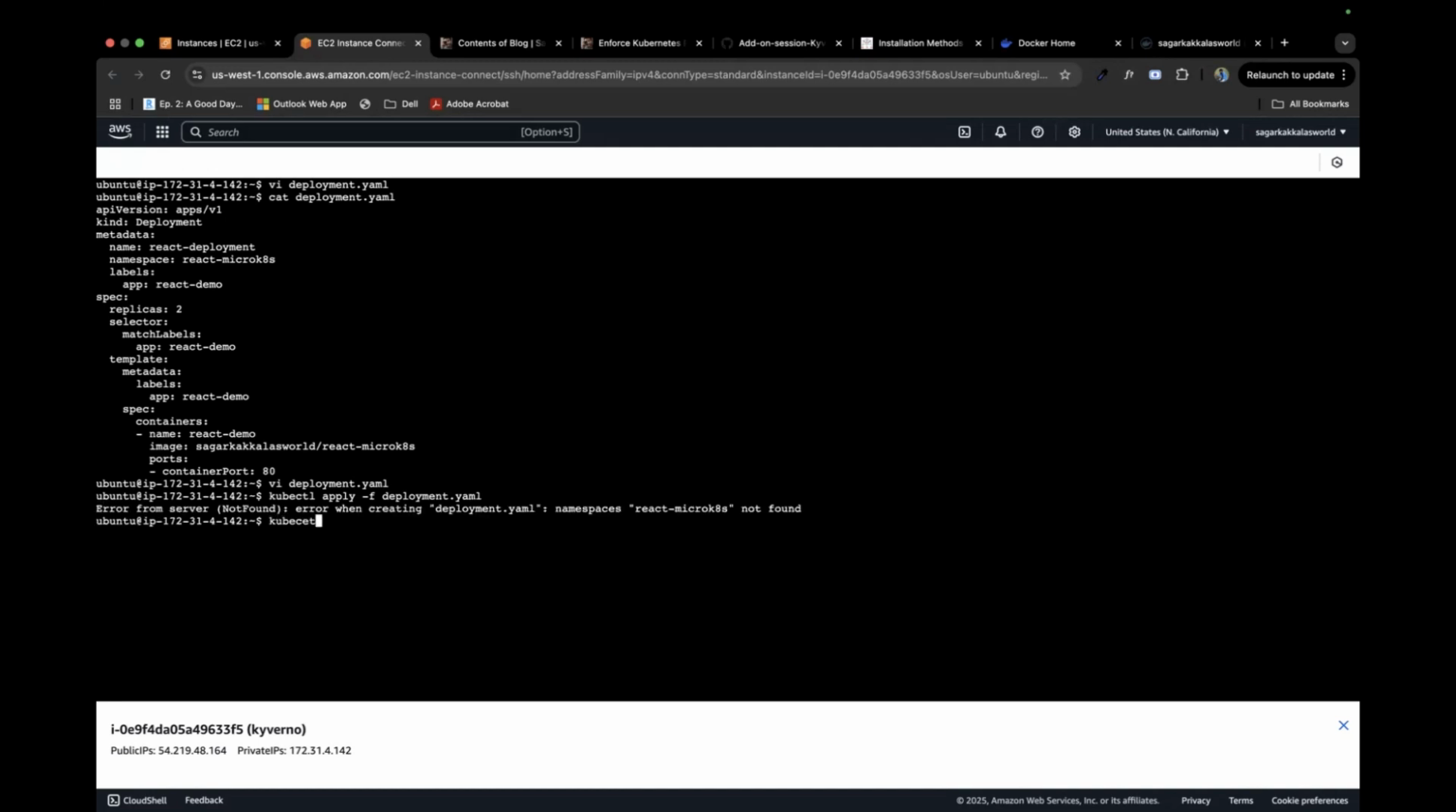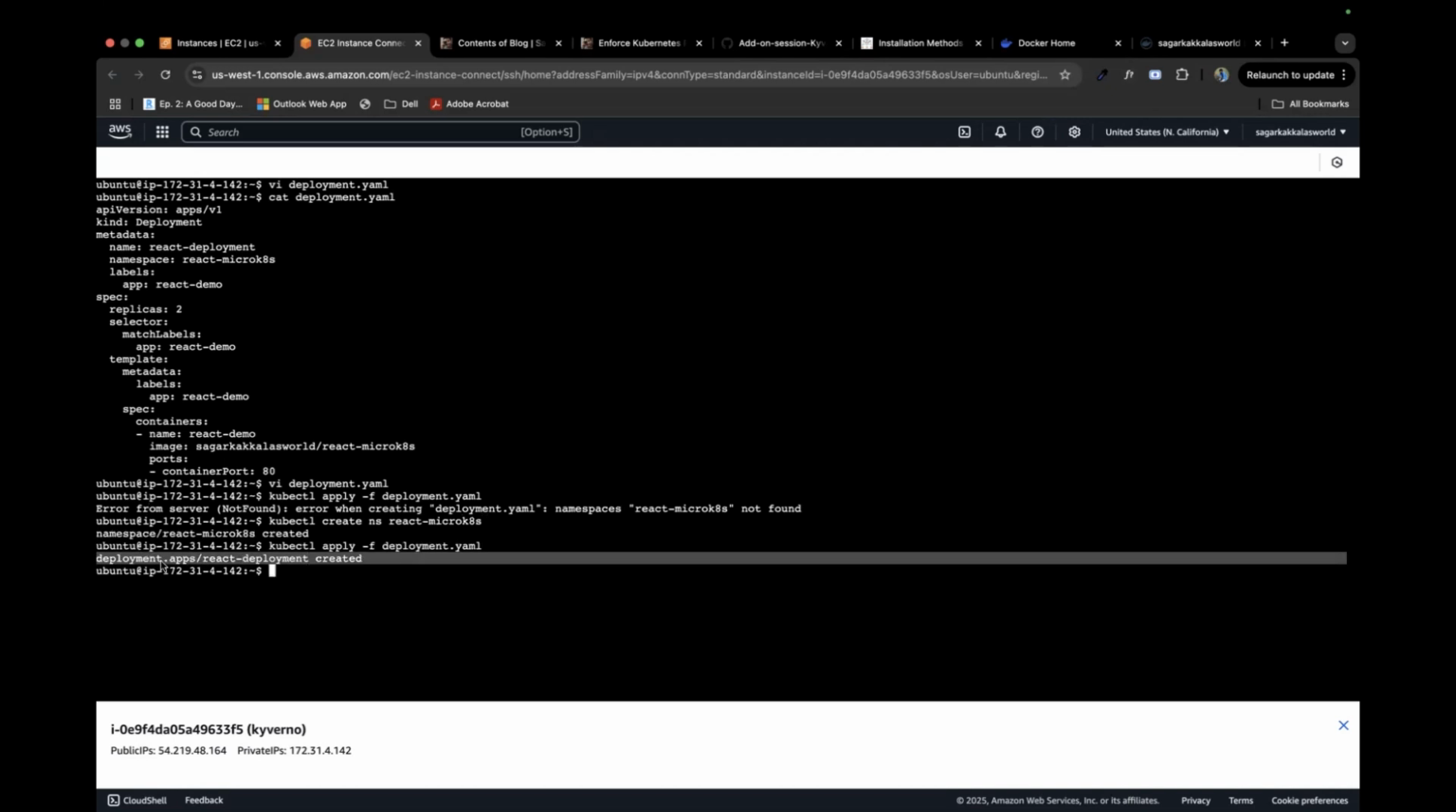Okay, I forgot to create the namespace. Yes, kubectl create ns. Now if I run this, it created the pods, like it created the deployment. By default, it has two replicas, and to check the pods, it's